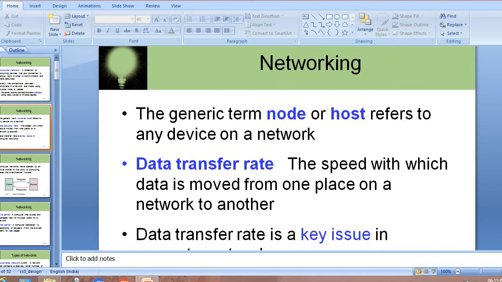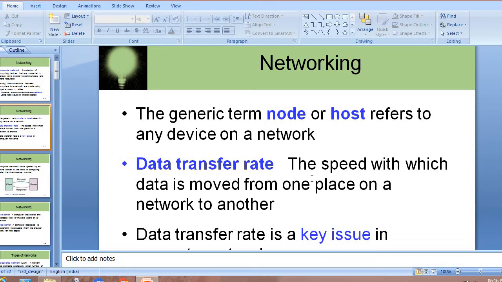Moving on to the term networking, the generic term node or host refers to any device on a network. Whenever we talk about a network, any particular device in it, whether it is a computer, a printer, a scanner, or any device utilized inside the computer network, is called a node or a host.